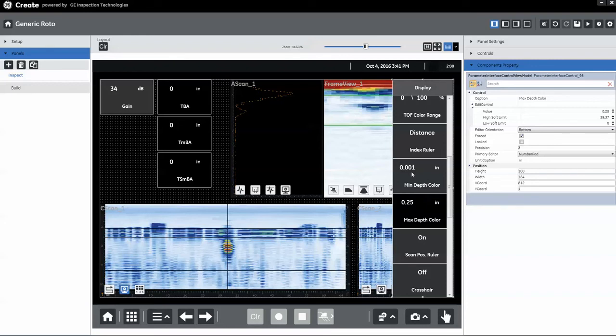And what we're saying is we want the bottom end of our palette to be very close to 0. We want the top end of our palette to be at 1/4 of an inch. If you recall, we started with red on the thin side, green on the thick side. So the result of this is everything above 1/4 of an inch is going to be green. From 1/4 of an inch down to 1/1000th of an inch, we'll be progressing down through the greens, the browns, into the reds, and at 1/1000th of an inch or below, we're going to have red. Right? So what we're going to do is save this,